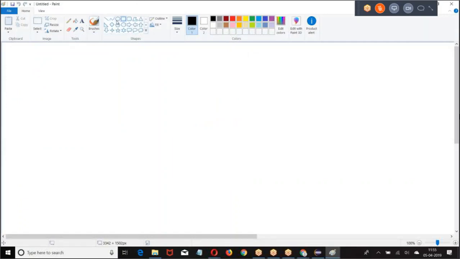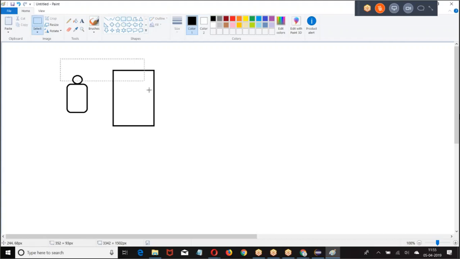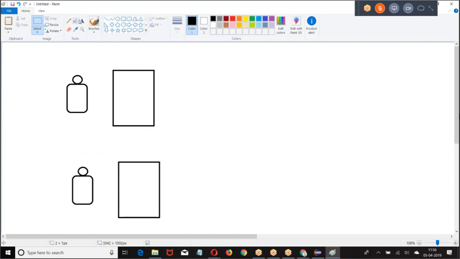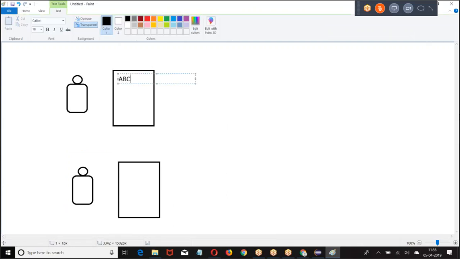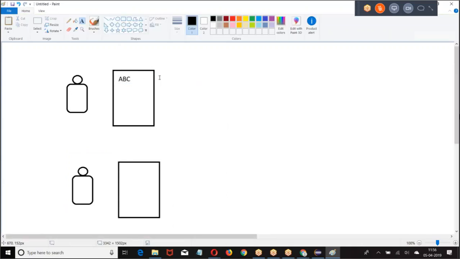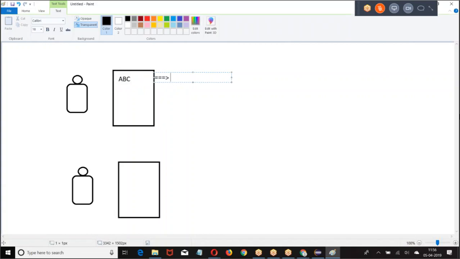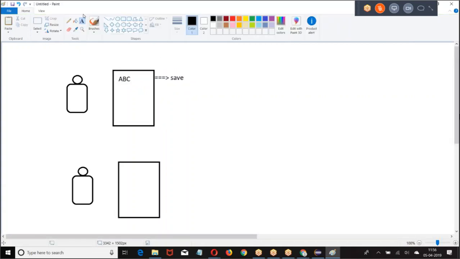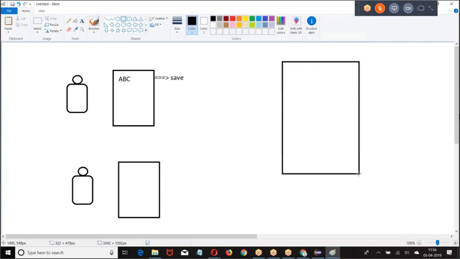Now let us say this is a developer. This is the environment he is using. Now he wrote a program, then he saved it. Everything is working fine. If everything is working fine, he will upload the changes to production.